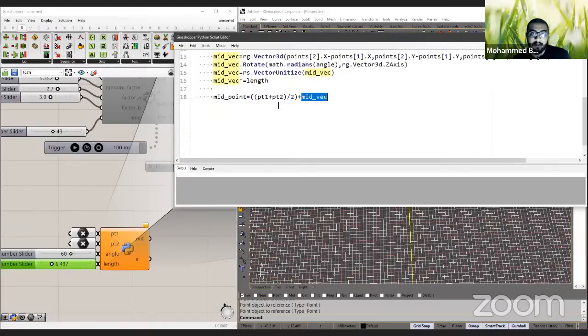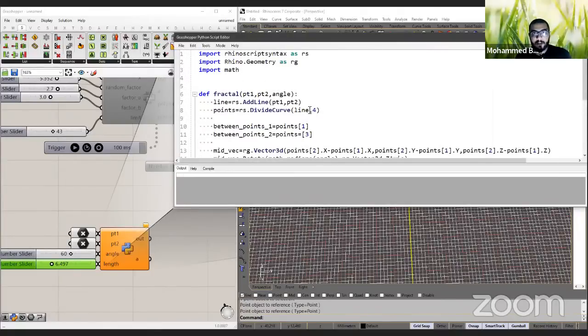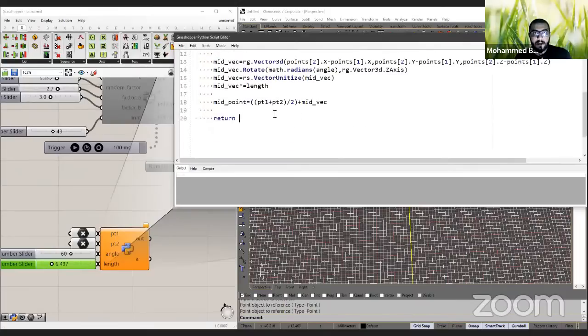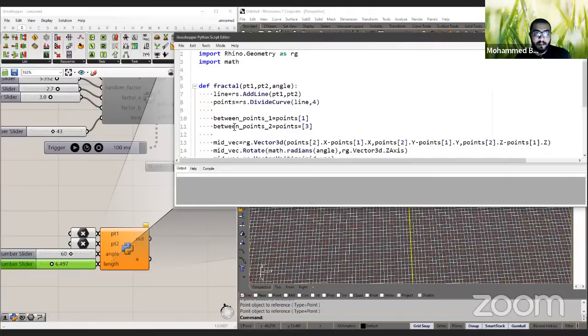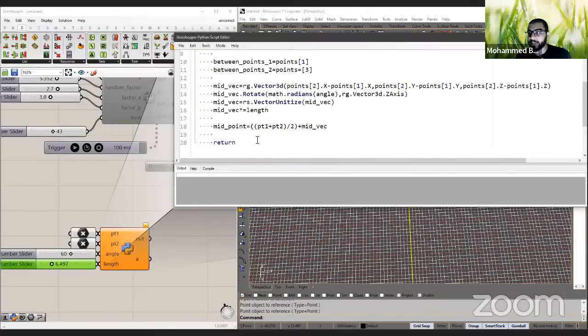Now here we involve mid vec, and as you see, okay. And now we can return